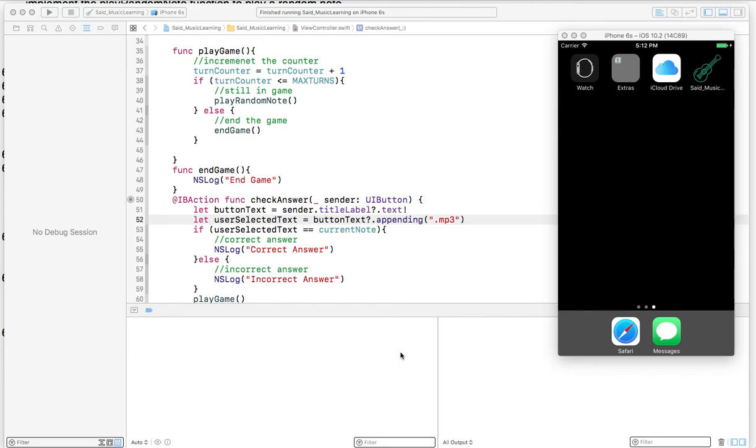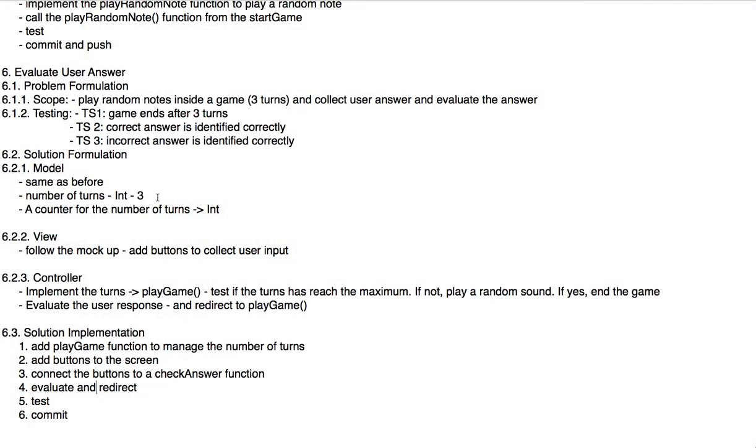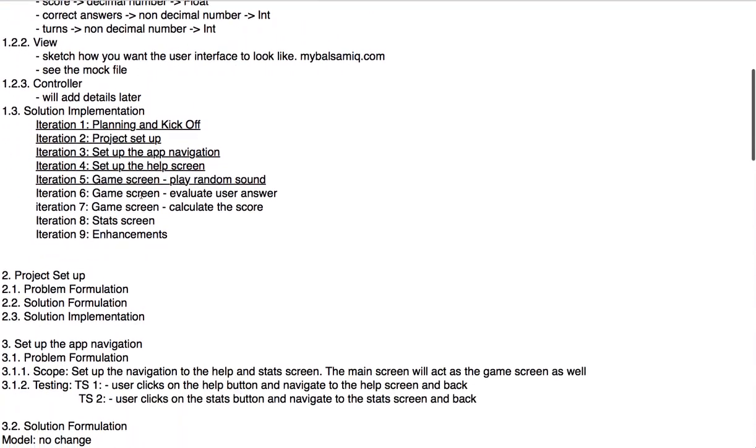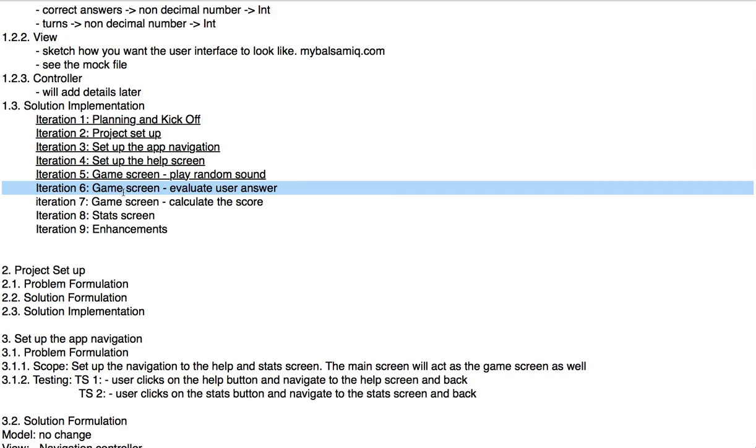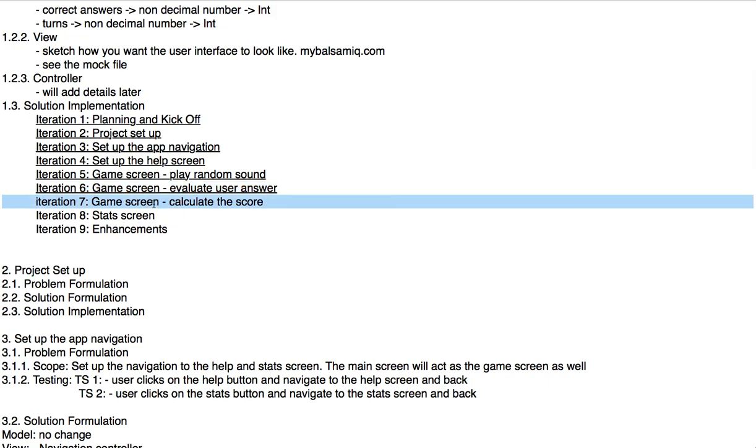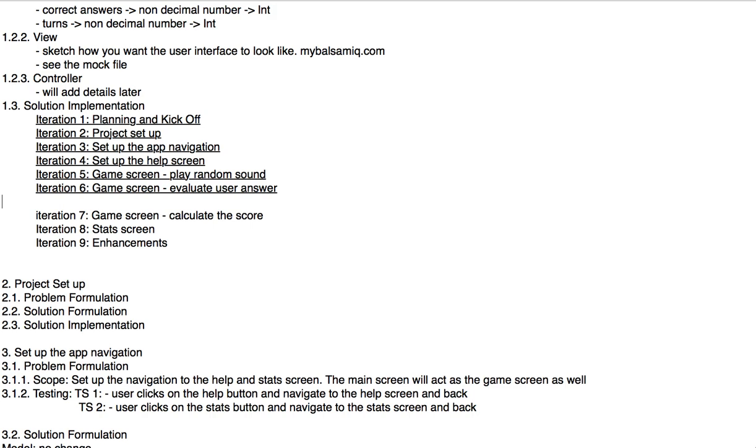So let's move to the next iteration, and we have iteration numbers. We did the evaluate user answer. The next iteration, originally I thought it's to calculate the score, but I'm still missing the feedback. So we can do calculate the score with that, or I need to add another one here and say iteration 6.5 or something, and say game screen calculate this, user feedback to user,